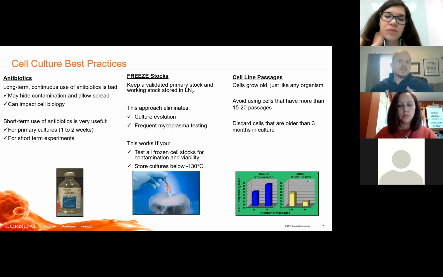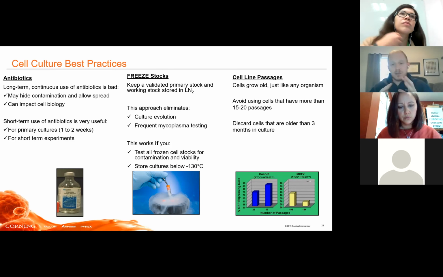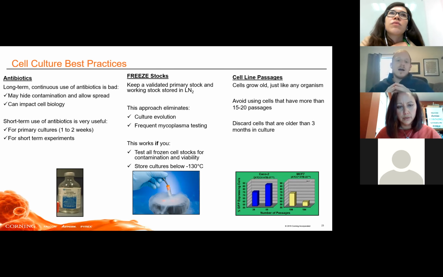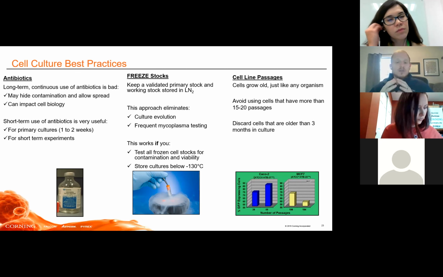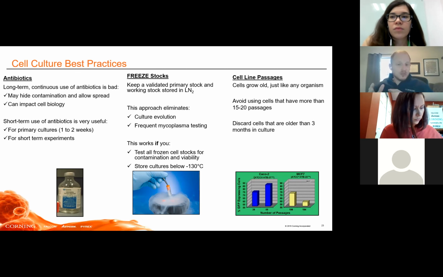And it's important to test for common contaminants like Mycoplasma and make sure that your stock culture does not have those contaminants. And of course, just to reiterate, it's good to store these cultures at below -130 degrees Celsius to ensure that they are not drifting in terms of their genetic drift